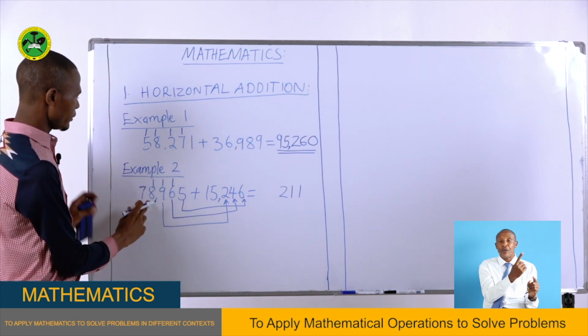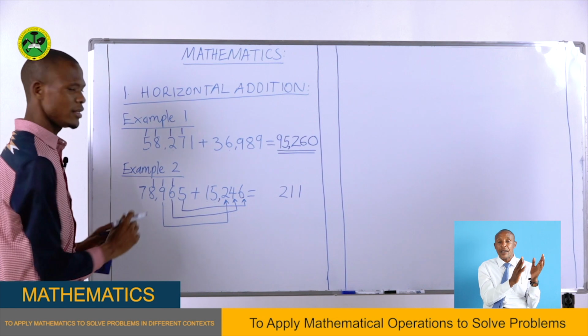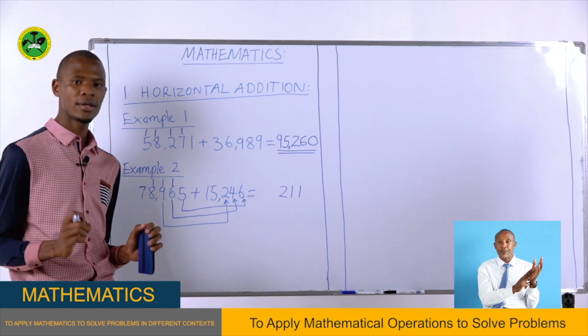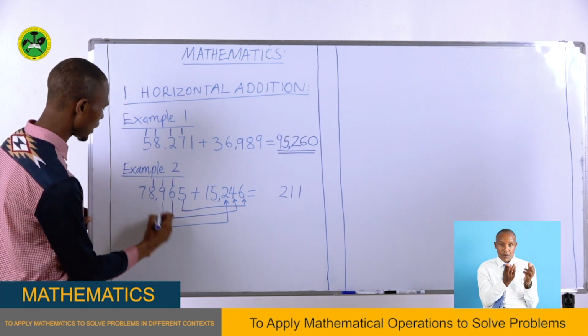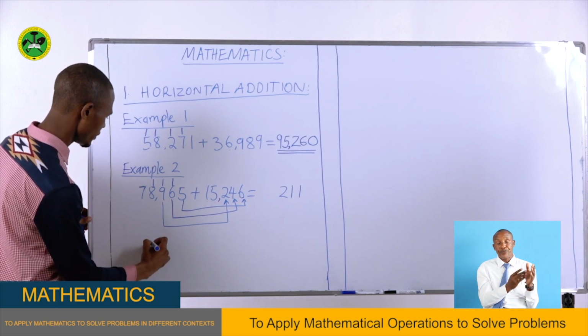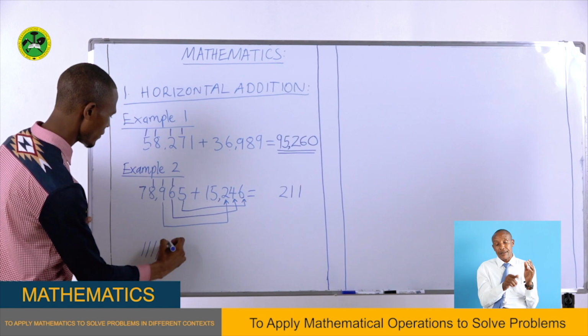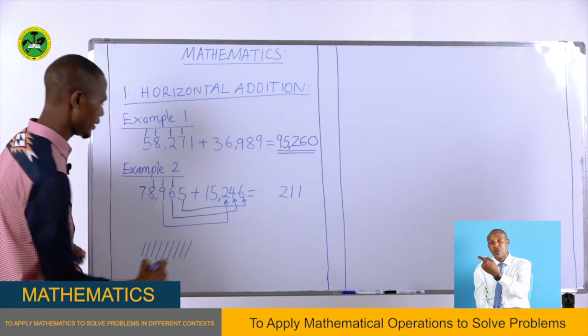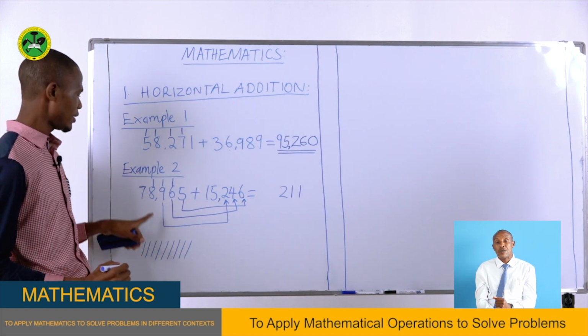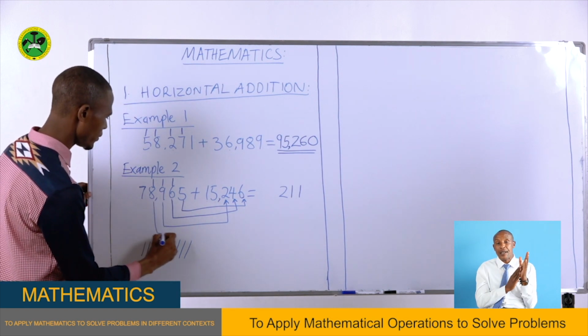Here we have 1 plus 8. The sum of 1 and 8 gives 9. So we need to count 9 tallies. 1, 2, 3, 4, 5, 6, 7, 8, 9. Then this 9 should be added with